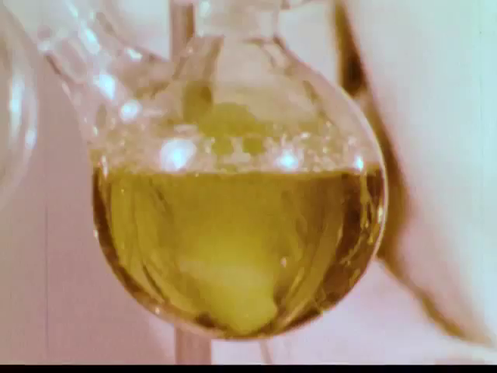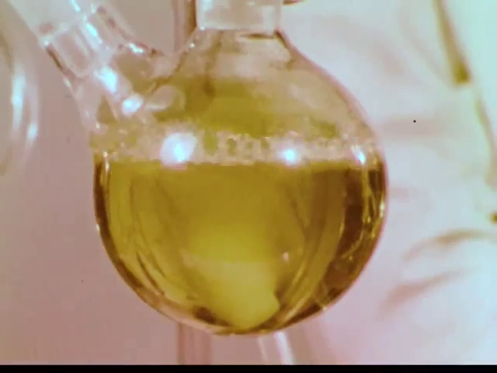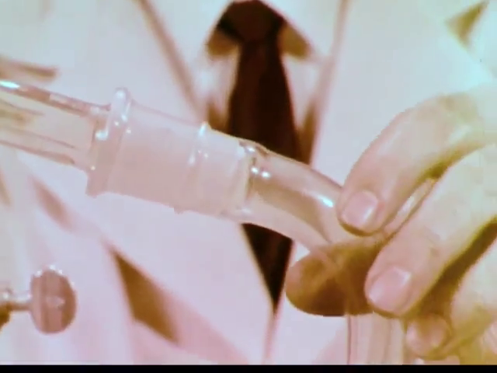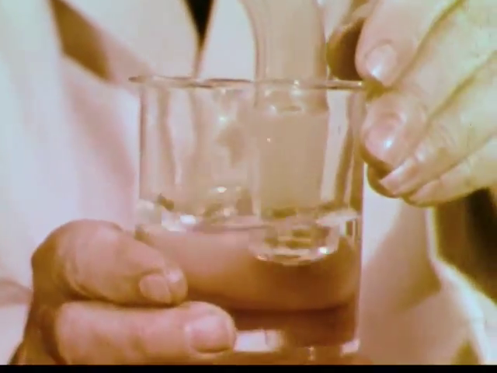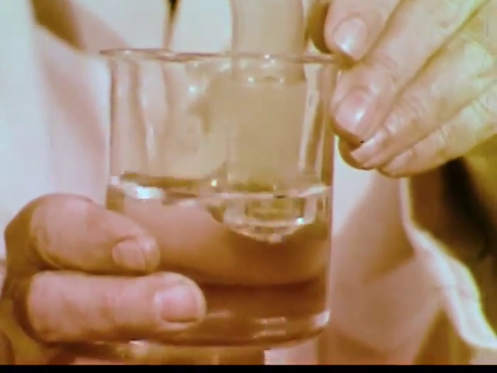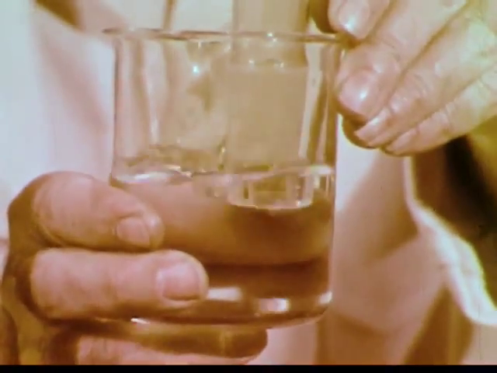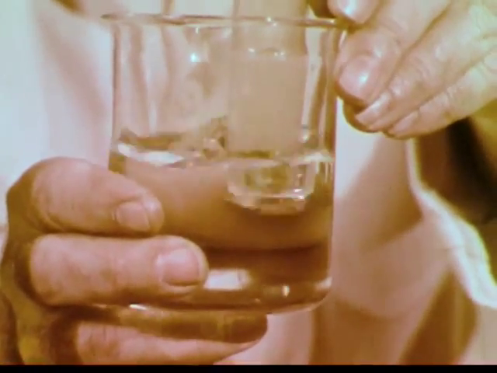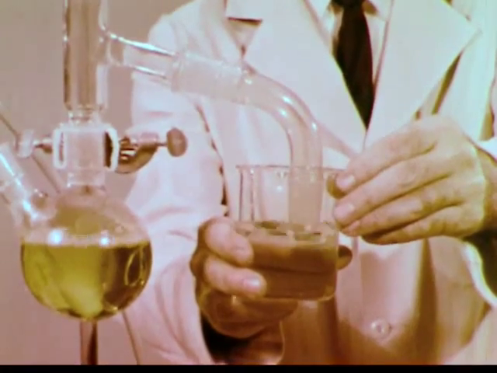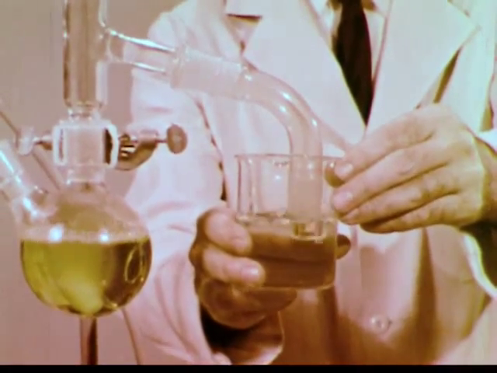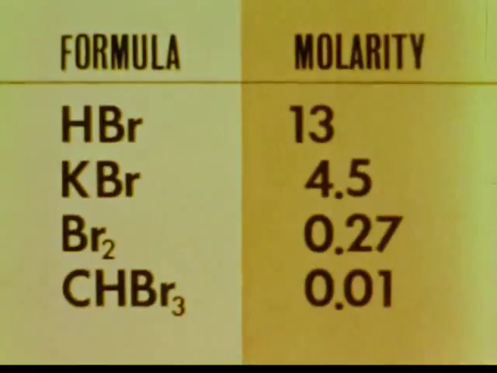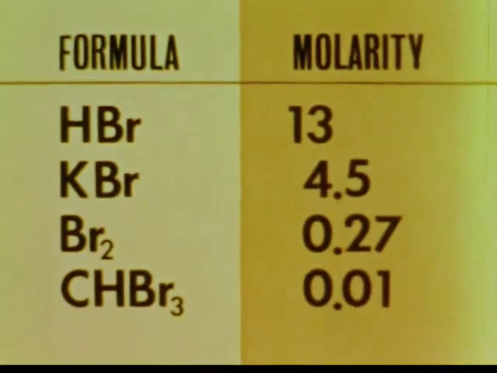Compressed air is used to blow the bromine out of the solution. If we try to collect the bromine in a beaker of water, we note that very little of the bromine dissolves. As we should have suspected, the solubility of bromine in water is too low to allow us to concentrate it by this method. To find an effective method of concentrating the bromine, let's consider the solubilities of various bromine